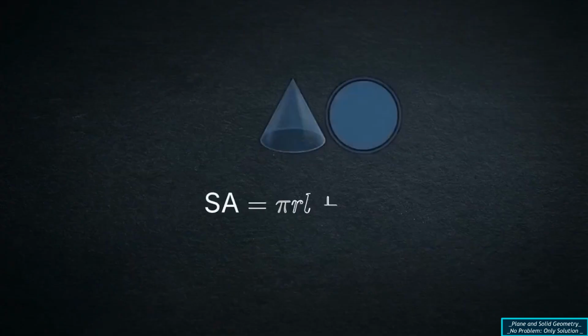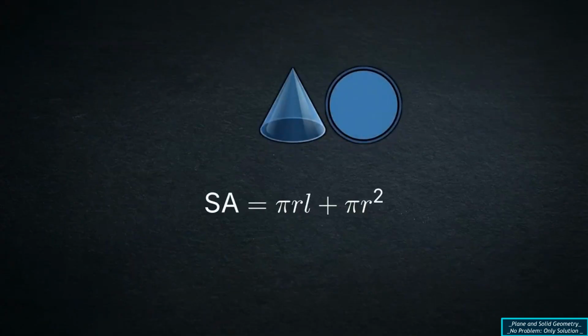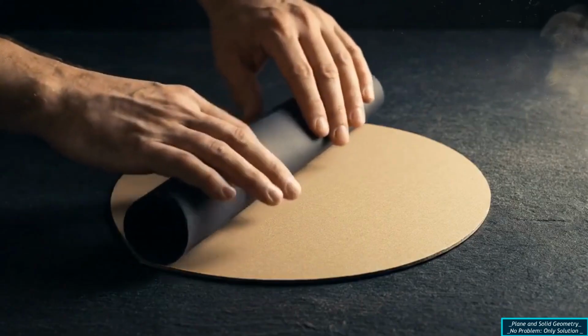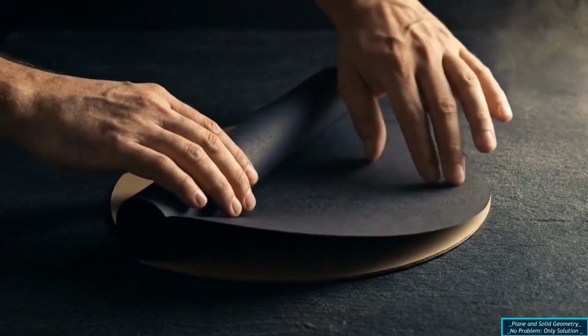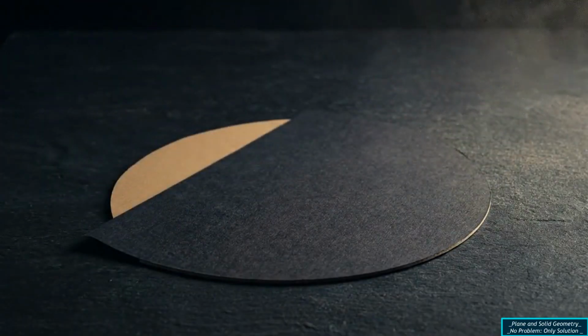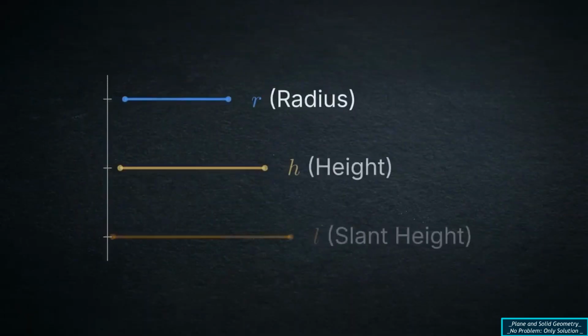By pulling out the common terms of pi and r, we get surface area equals pi times r times the quantity of L plus r. This factored form is often faster for calculating whole numbers. The curved shell of a cone is not arbitrary. It is a predictable combination of its flat base and its unrolled slant height, dependent entirely on the one-dimensional variables